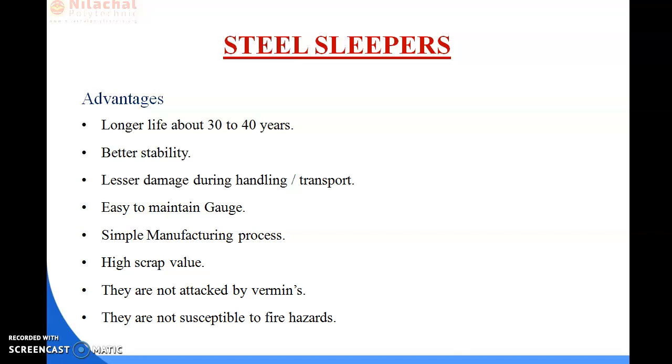They are not attacked by vermin or white ants, because white ants normally attack wooden sleepers. Steel sleepers are also not susceptible to fire hazards, because steel is not affected by fire.